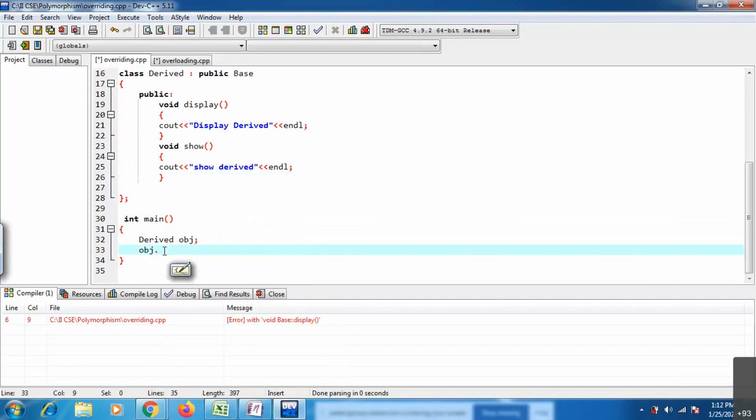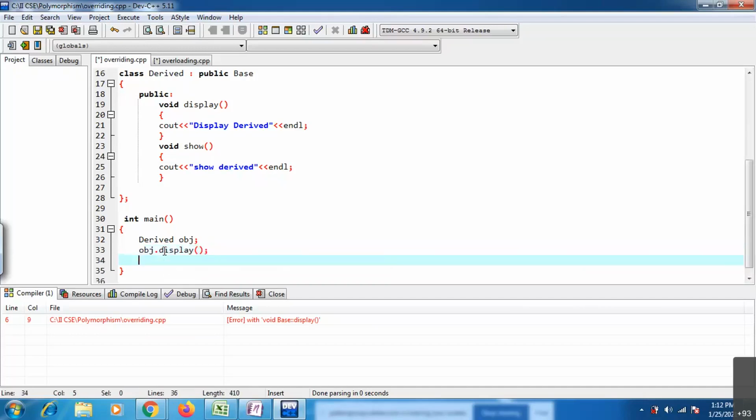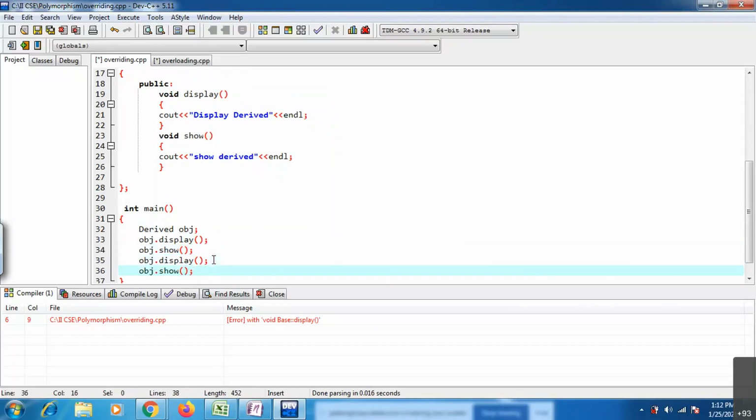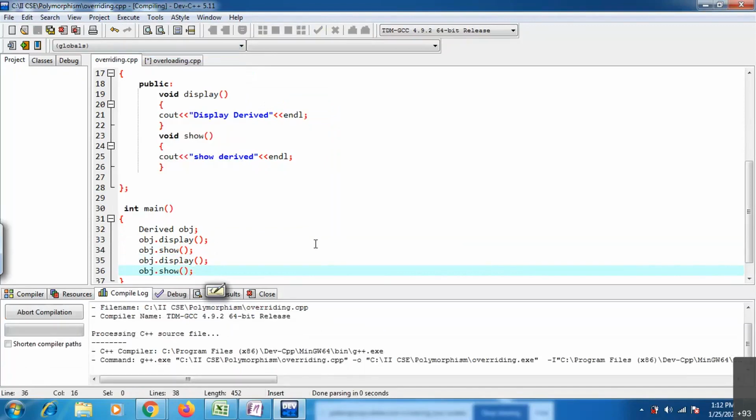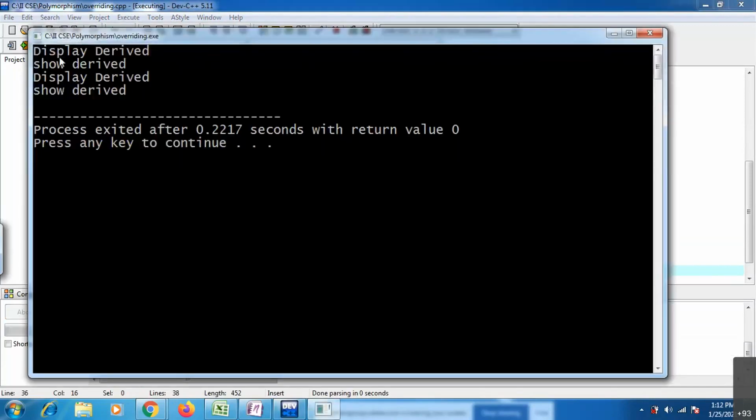Now I'm accessing the base class display function, and the base class show function, with the same object, calling two times.